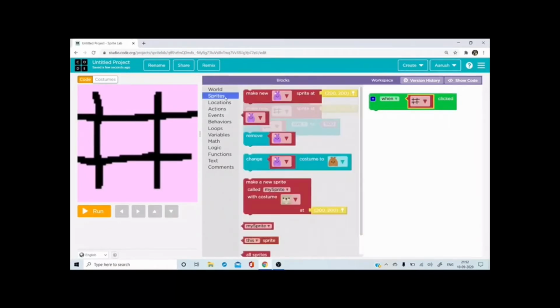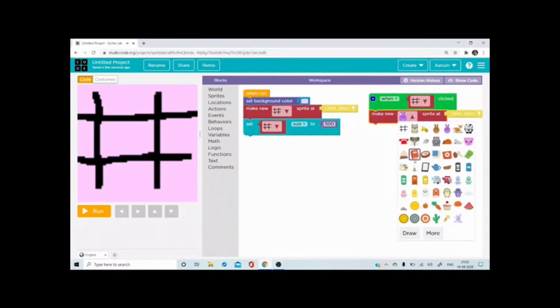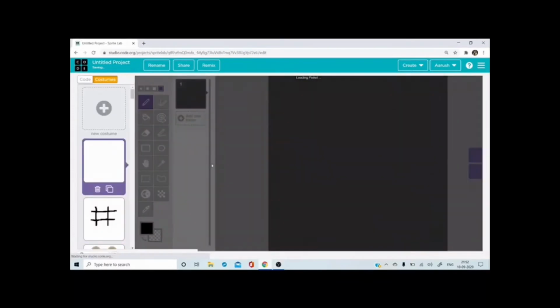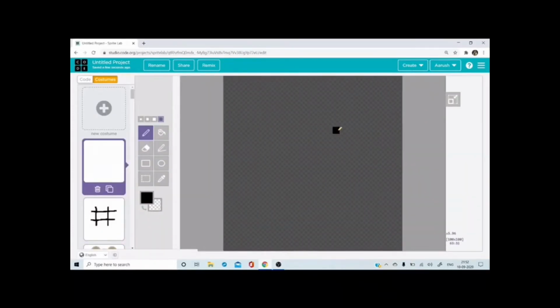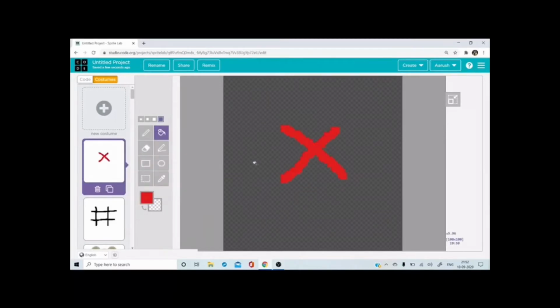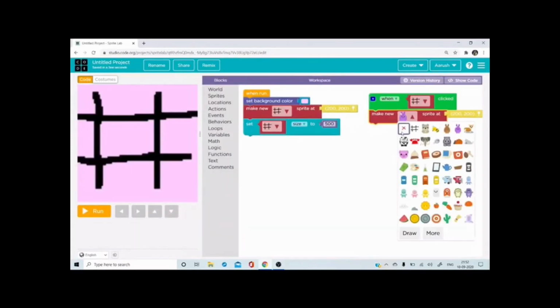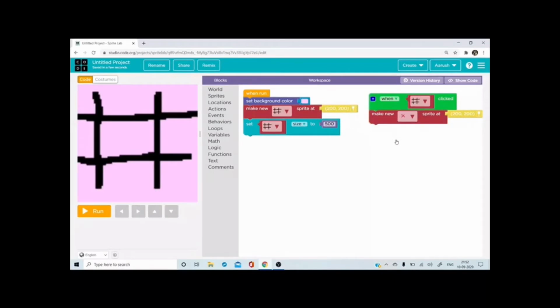A new sprite comes. So let's say a new sprite is, again we are going to draw here, go to this place, and I'm going to take this one, and I will draw a cross, and maybe let's color this in some other color because black is the grid. So let me take the red color and fill it with red color. All right, so I'll take this here, and I'm going to make a new sprite, right? All right, so this is the first thing, right?